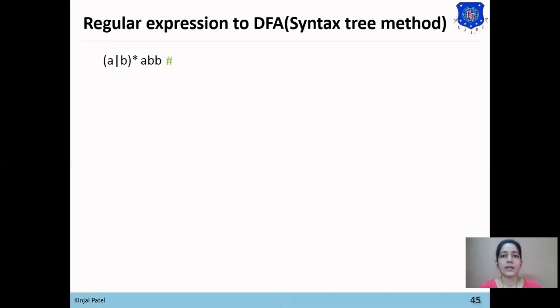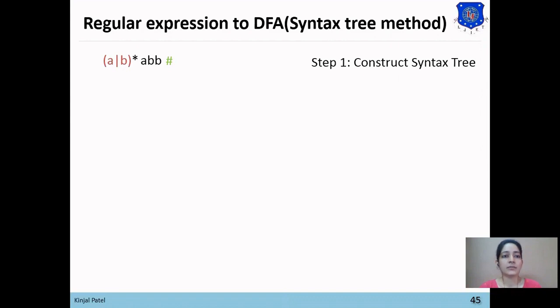The first step to apply the syntax tree method is to construct the syntax tree. So first we will construct the syntax tree for A|B. To construct the syntax tree in this method, we need not check the priorities of operators.